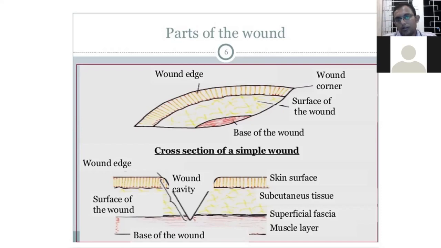And the corner, not the corner, the edge. The edge is very important. Whether the edge is a chronic fibrous edge, or is it ready to move? Is it ready to epithelize the wound? Is it a healthy edge? Chronic venous ulcers, you might have seen a white edge, which is fibrotic, and it's never going to move. You're never going to get any help in the healing.